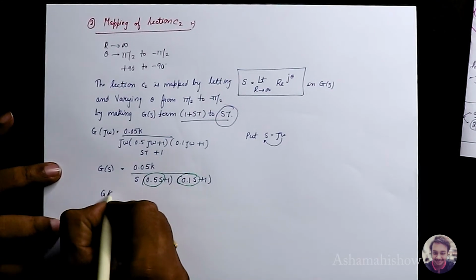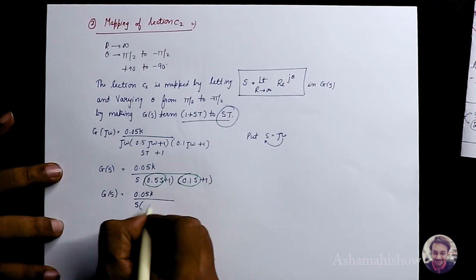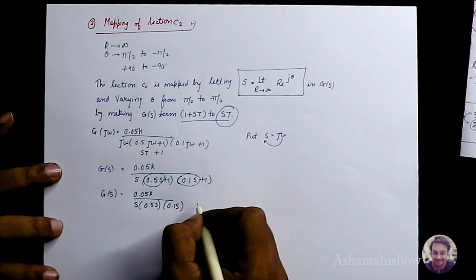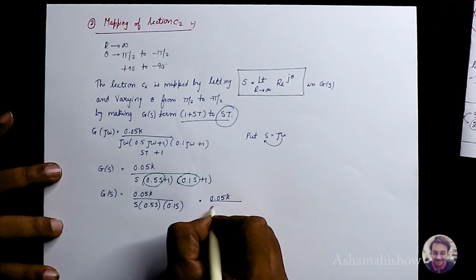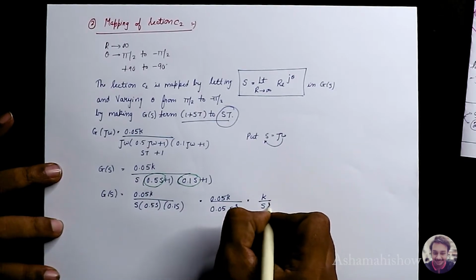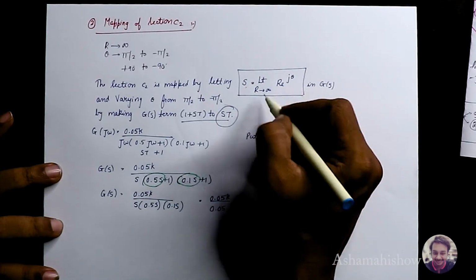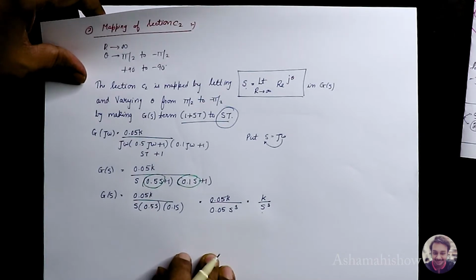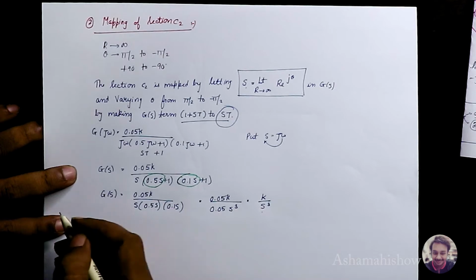Now if you consider only sT, this becomes 0.5s. I have taken only sT, and from here I have taken only sT. So when we solve this, 0.05 becomes s cube. So this becomes K by s cube. Now I have taken s because I have to apply this one. Shall I do it on another page, because this won't fit? Okay, let me do it here only. I don't want to confuse you guys.